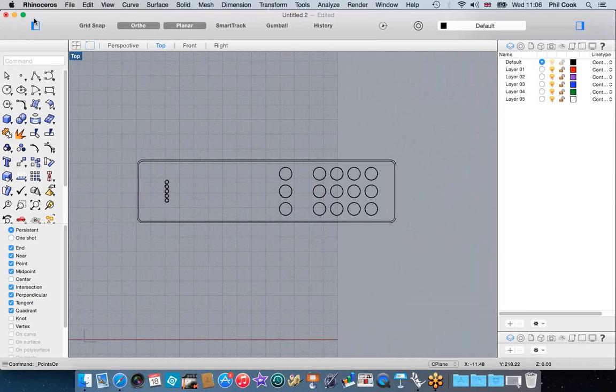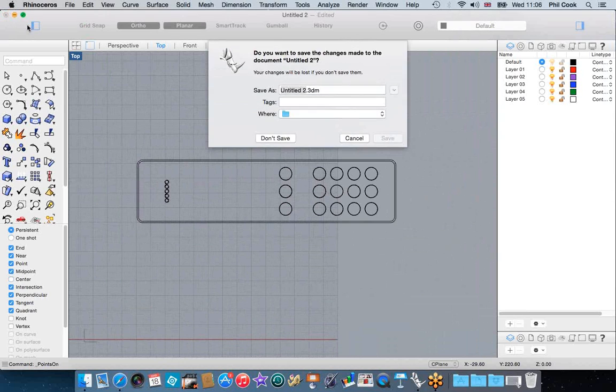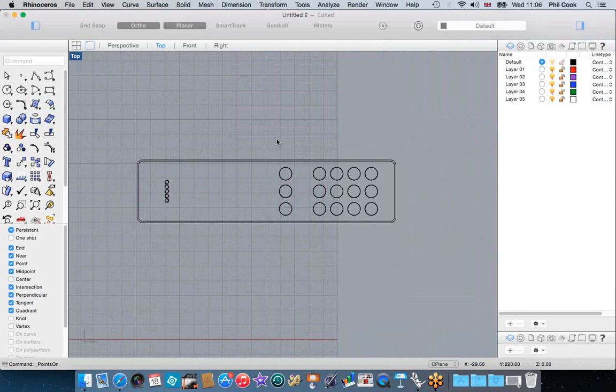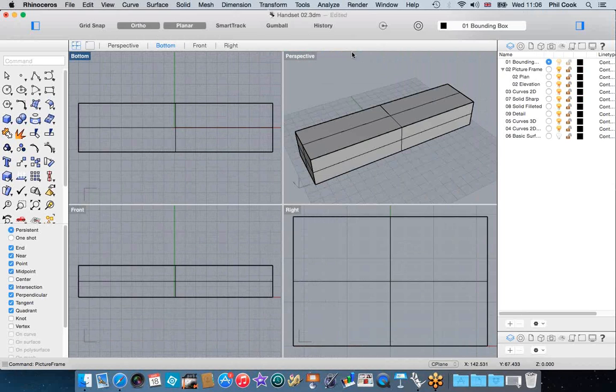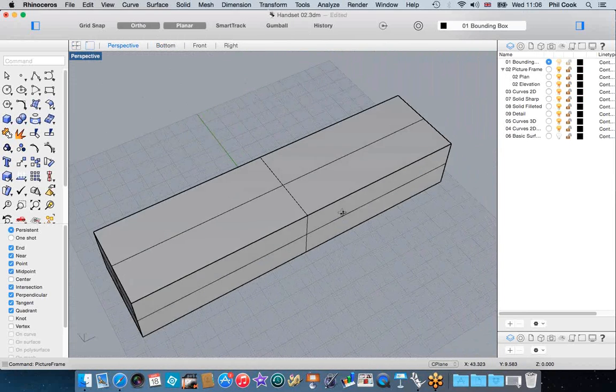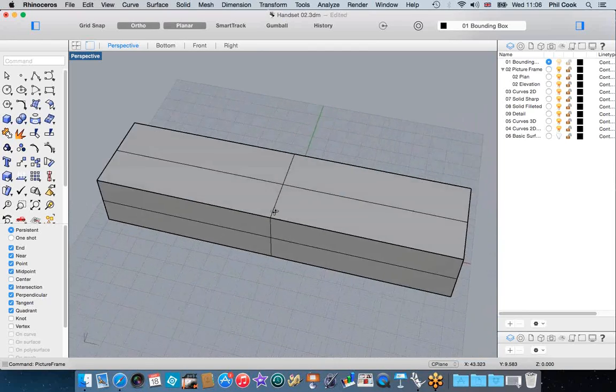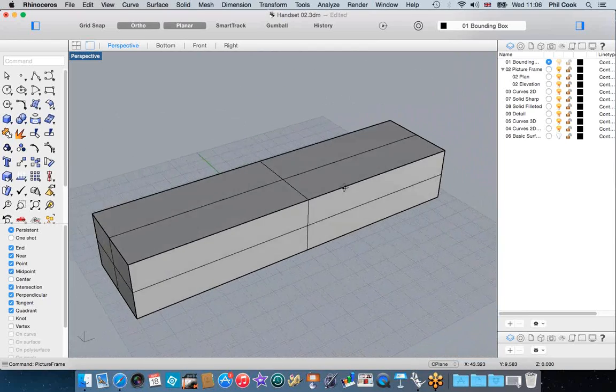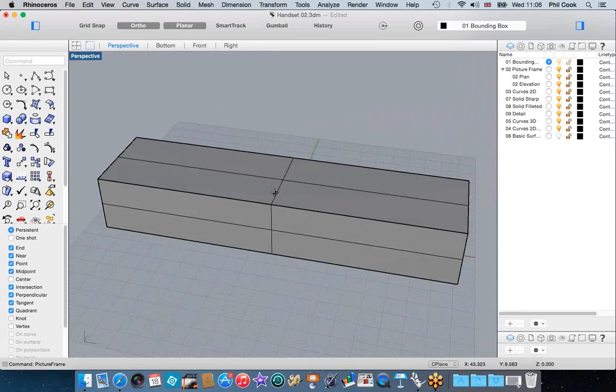So another way of getting information into Rhino is essentially to bring in our sketch work. So here we've got a model that has some sort of a start to it. And one of the things that I generally suggest to our customers is that when we are starting from scratch with a model, whether it's a chair or in this case a phone handset